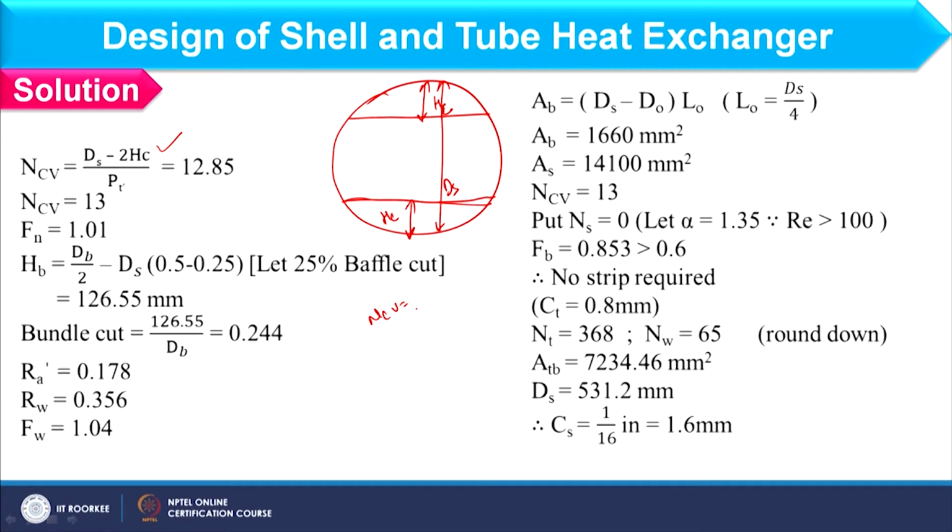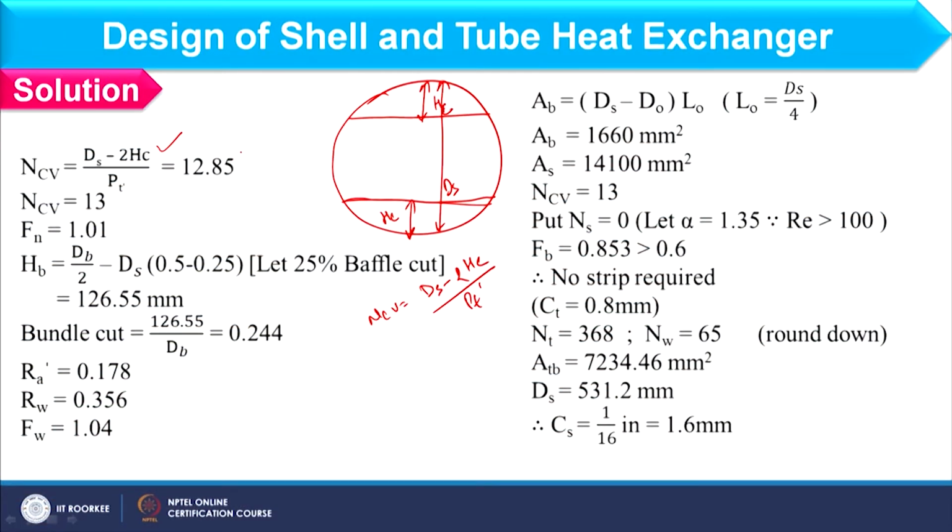NCV is basically the number of tube rows between two baffle tips, right. So, that I can find as ds minus 2 Hc also by Pt dash. So, both formulas will be applicable, either you use dB minus 2 Hb by Pt dash, or you can use ds minus 2 Hc by Pt dash. In both ways we can find the same